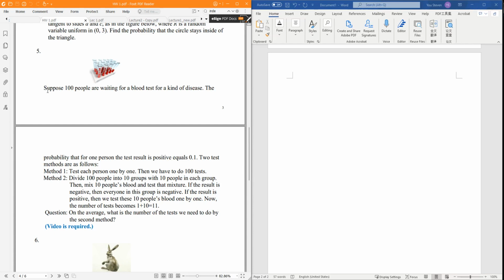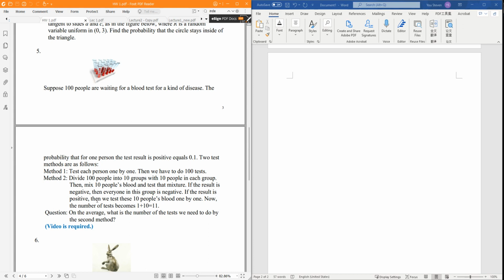So problem number 5 asked us to test 100 people, and each person has a probability of testing positive of 0.1. It had two test methods. Method one is to test one by one, so 100 tests. Method two is to divide the 100 people into 10 groups with 10 people in each group, and mix the 10 people's samples into a mixture, and if